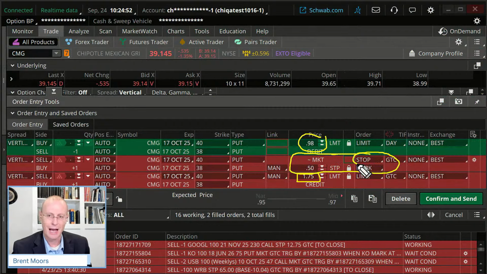I chose stop, which technically is a stop market price. It's a stop market. It doesn't say market there, but it's a market. It turns to market price. In other words, we hit the activation price of 50 cents or less, it turns into a market. We have another choice there where we could say stop limit. And that is certainly a valid choice.